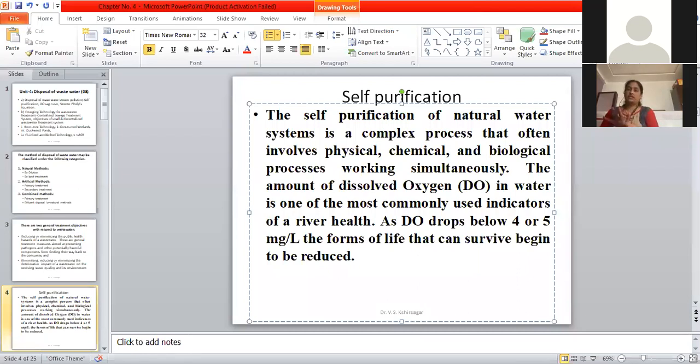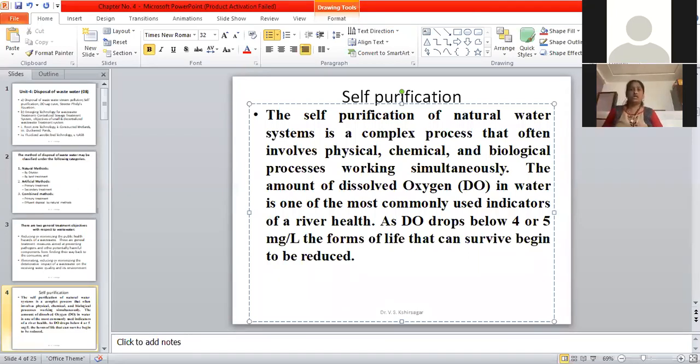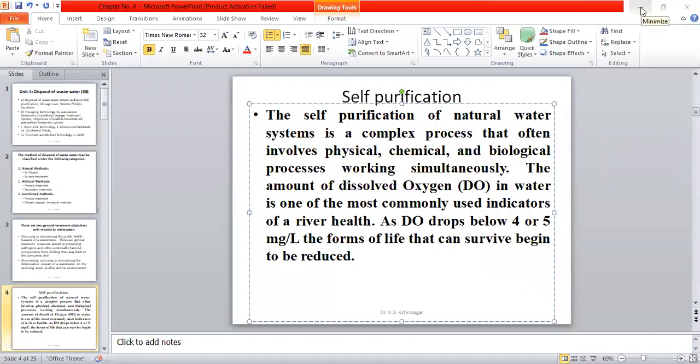What happens in a bottle? We have taken a sample from a river. Definitely there are some organisms present. These organisms are surviving in that water only when they are getting the oxygen. Okay, when we tested on the first day, the level of dissolved oxygen was 6 milligram per liter. But when we kept it as it is, the microorganisms present,